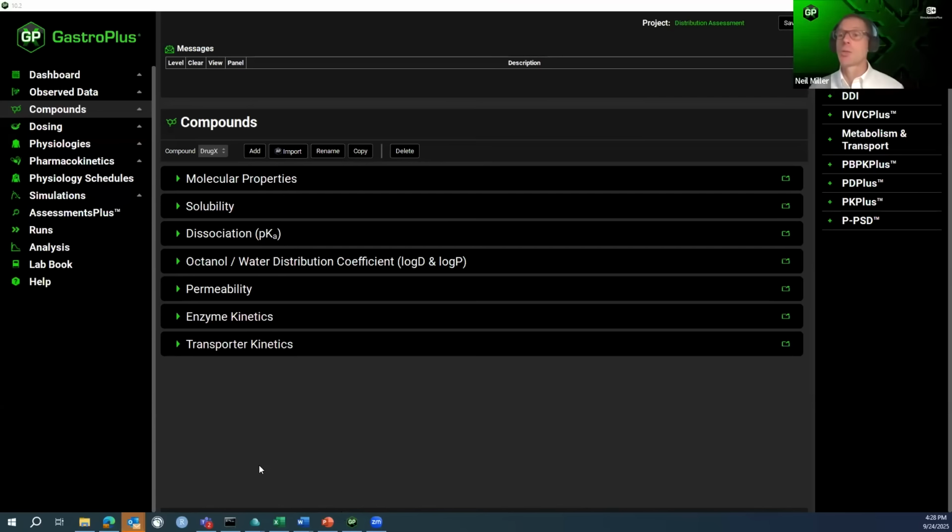So we thought we'd show you this one, and I'll give you a brief glimpse of PPSD as well, because they're new modules, and then we'll answer the questions that are coming in. So first, I will show you the Assessments Plus, but I will weave in a little bit of the distribution dashboard. So if we look in our compounds view, at the compound that we have here,